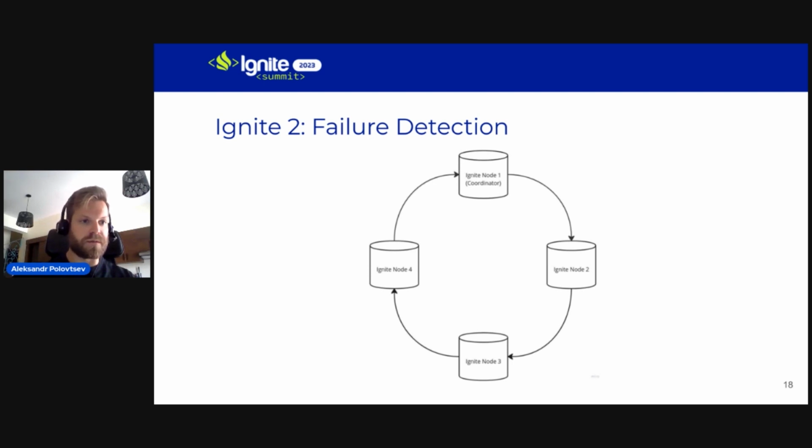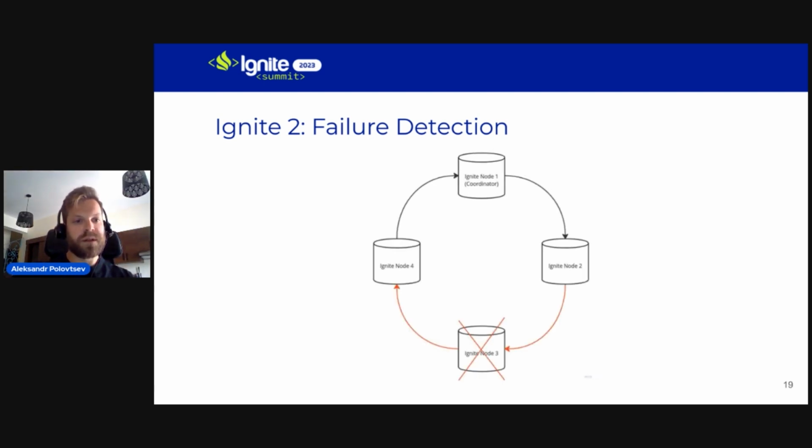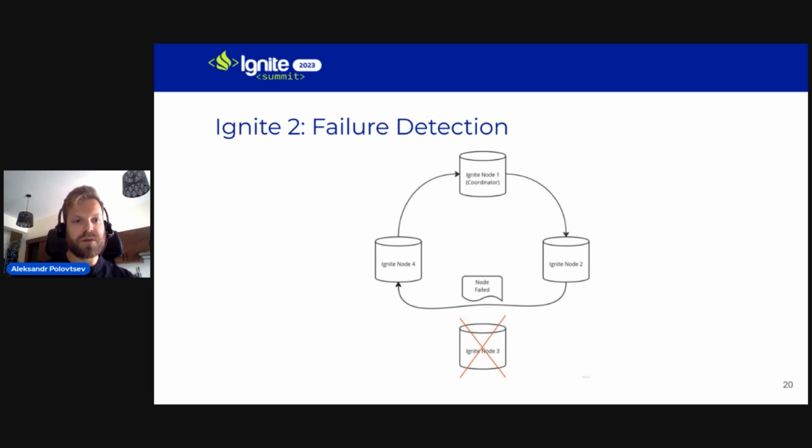Here's our cluster from the previous example. We already have 4 nodes there, and now imagine that node number 3 has died or became unavailable due to a network partition. Let's say that in this situation, node number 2 is unable to send any messages to node number 3 and detects this problem. When it does that, it generates a message called node failed message